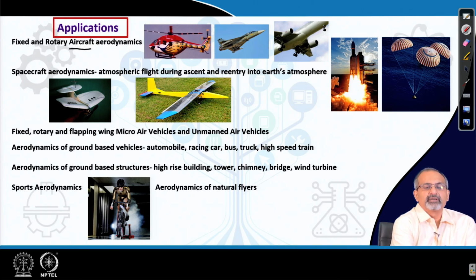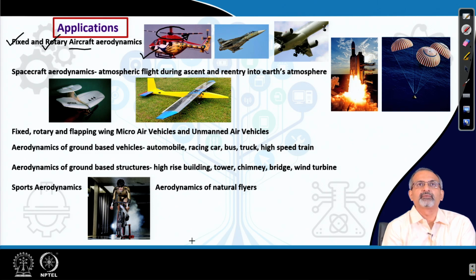Aircrafts could be of different kinds. They can have fixed wings, they can have rotary wings. For example, this is a helicopter model which has rotary wing. So, the wings rotate, generating the aerodynamic forces and moments. This is a defense aircraft used for military applications with a fixed wing. This is a passenger aircraft with fixed wing. So, these are some of the aircraft configurations, and we do a lot of aerodynamic studies to understand their behavior and to design them appropriately.